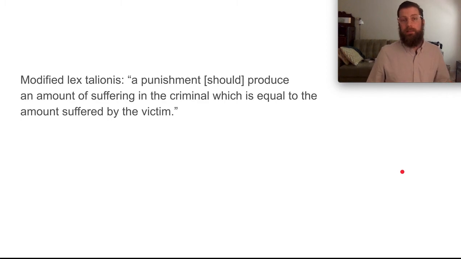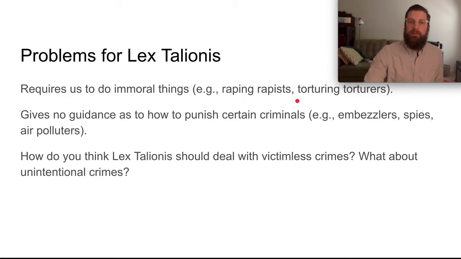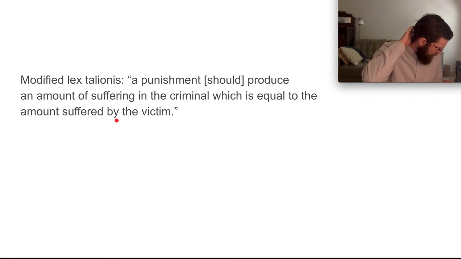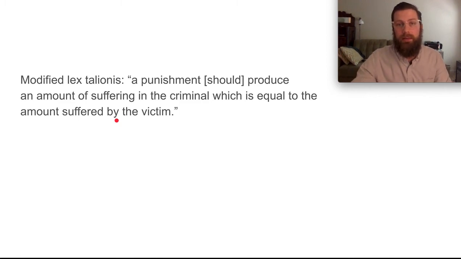So Nathanson concedes that maybe the defender of lex talionis is not going to willingly admit that rapists should be raped, right? They might say, you can replace one punishment with another punishment just so long as it's roughly equal. So then we might say that a punishment should produce an amount of suffering in the criminal which is equal to the amount of suffering suffered by the victim. This is supposed to get us around the objection that lex talionis would require us to rape rapists. But